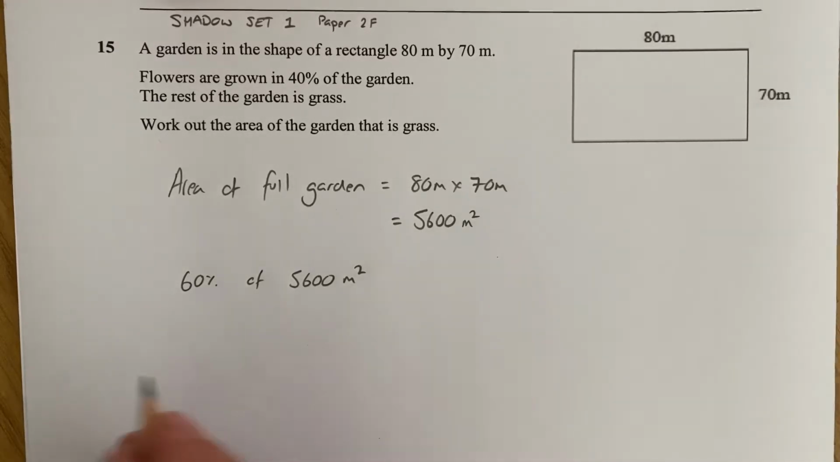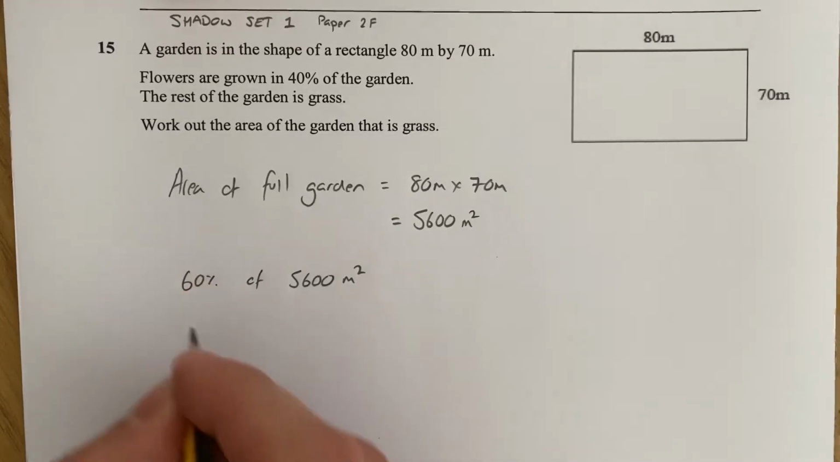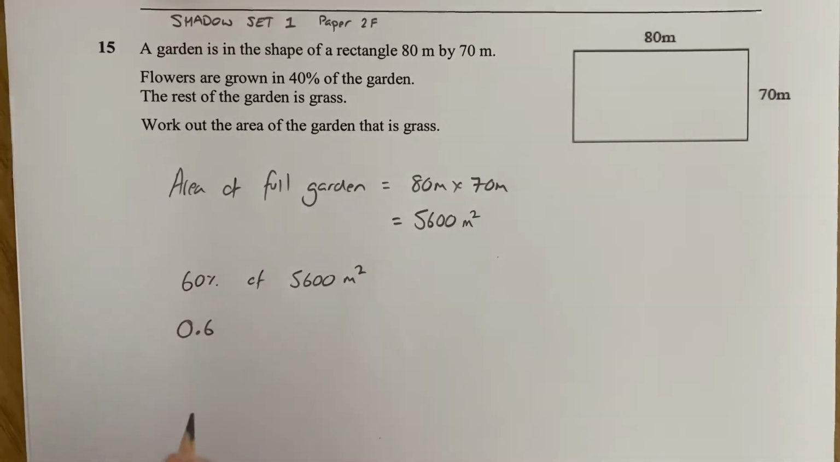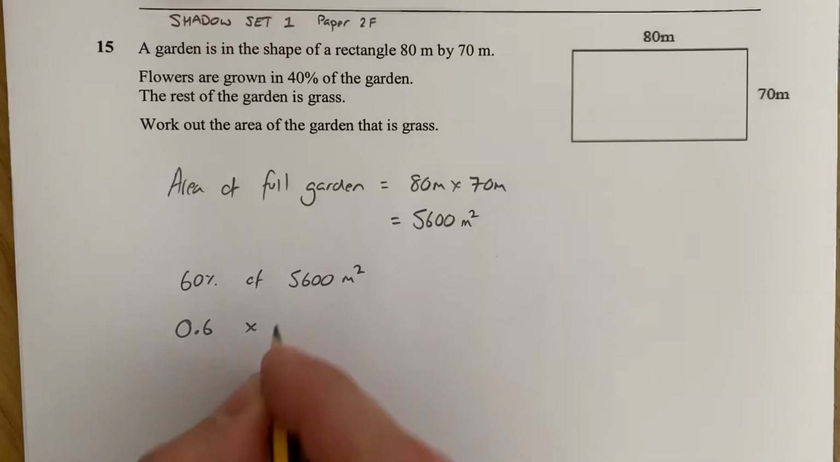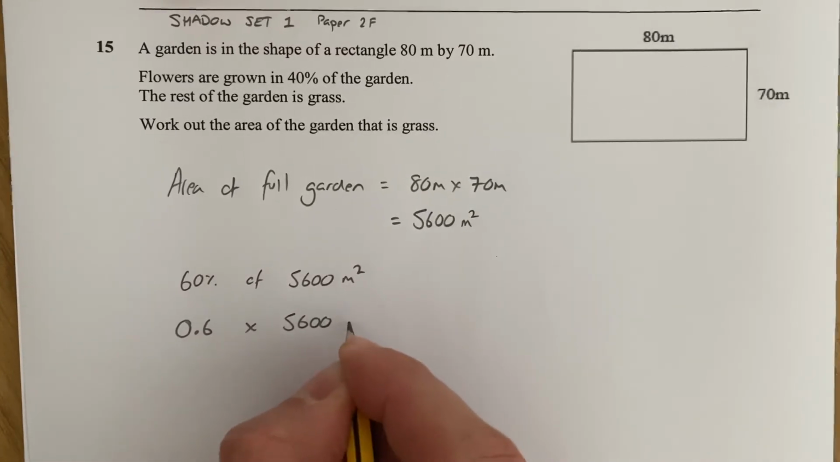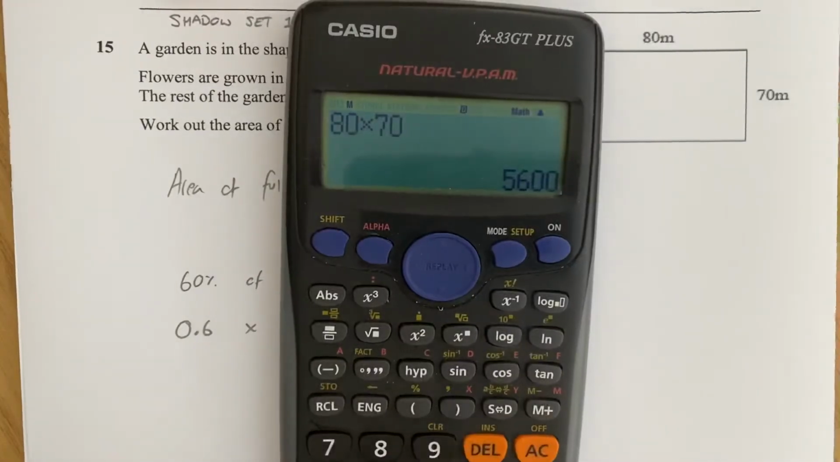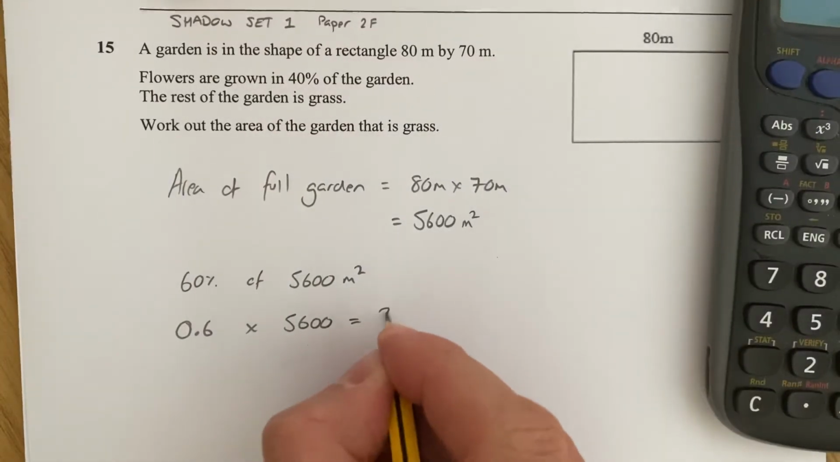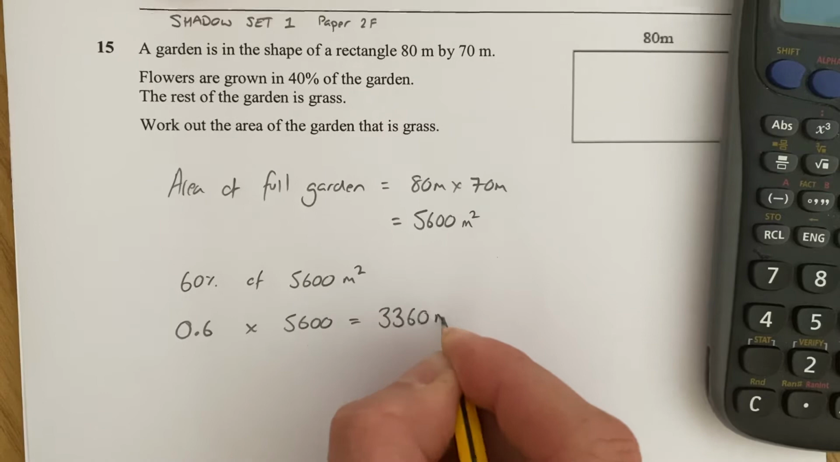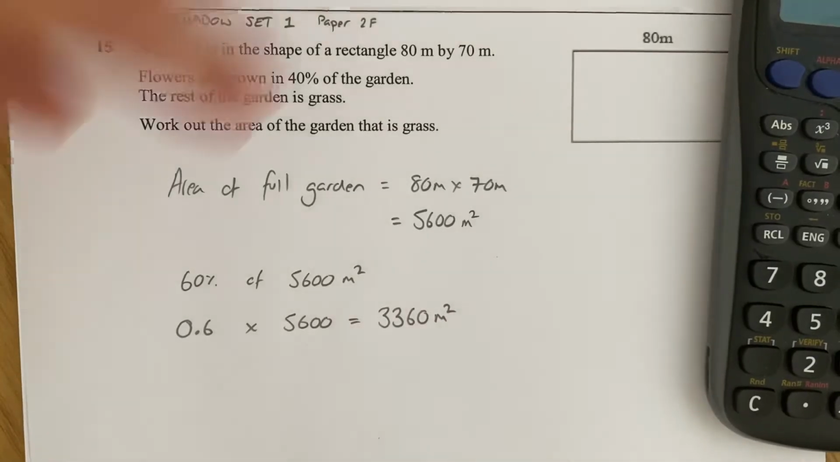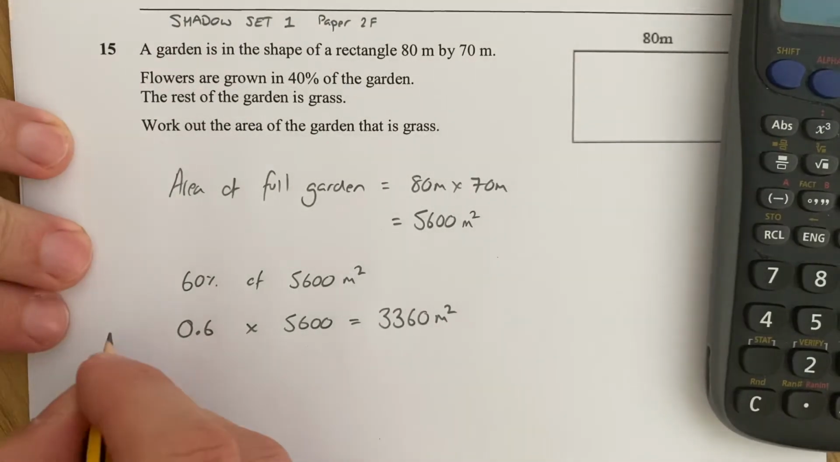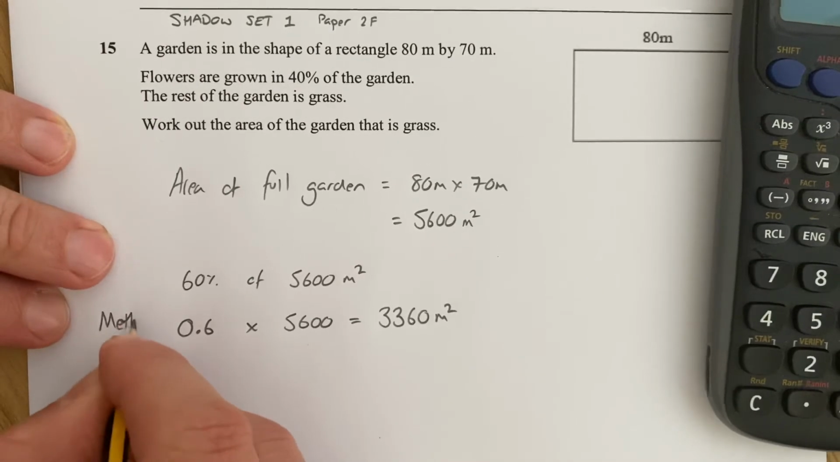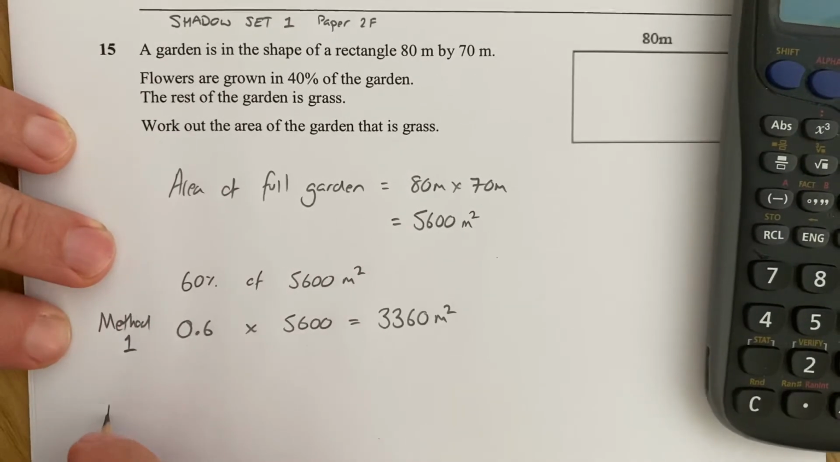So the first method, using a calculator, would be to change the 60% to a decimal, 0.6. Of just means times 5,600. And if we type that into our calculator, 0.6 times 5,600, 3,360 square meters, and that would be the answer. That would be, as I said, that could be method number 1. Method 2,